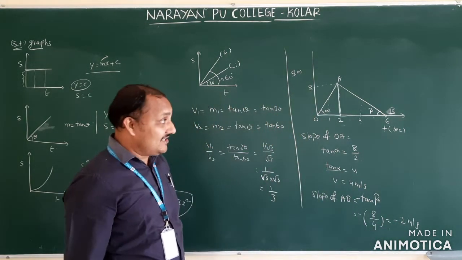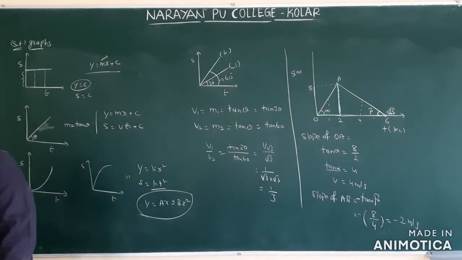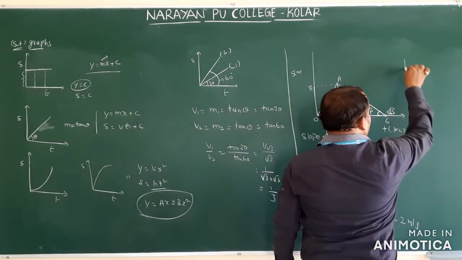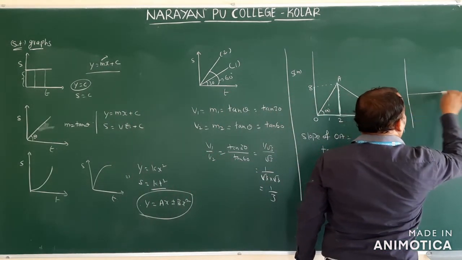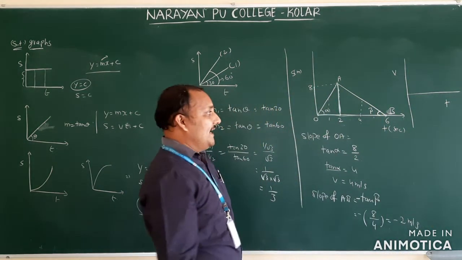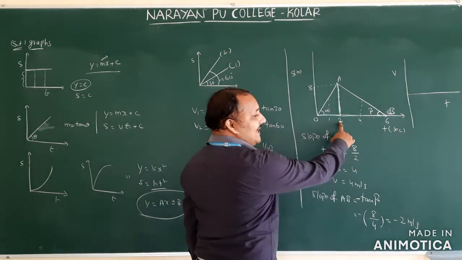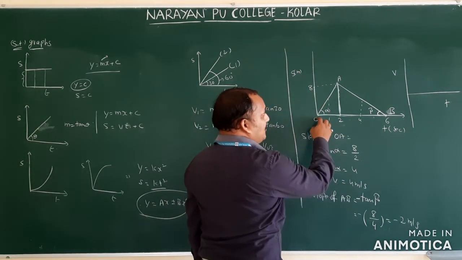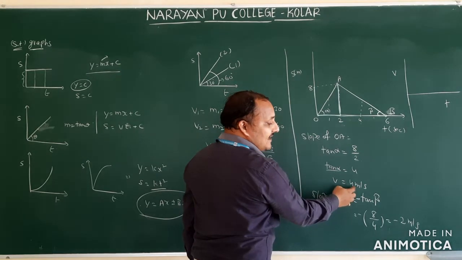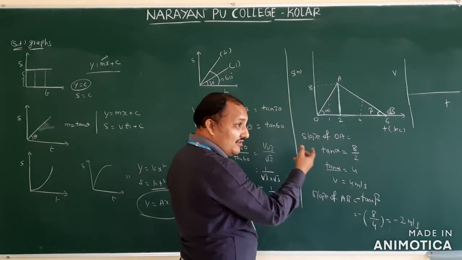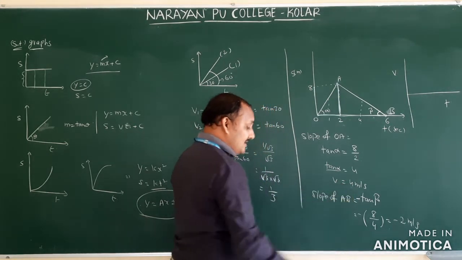Now they ask another thing in that. What is that? They ask to sketch the VT graph, the velocity time graph. So this is velocity, and this is time. How will you get it? Here, after 2 seconds it is going to 8. So up to 2 seconds, which velocity is it moving with? 4 meter per second. This is constant or not? So it is moving with uniform velocity, which means velocity is constant.